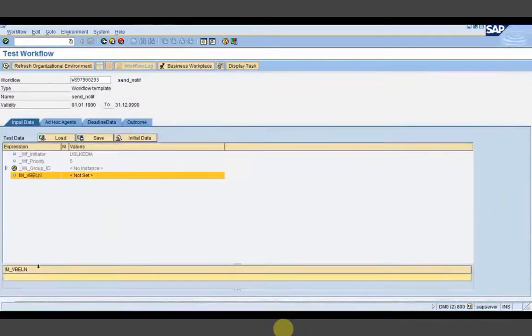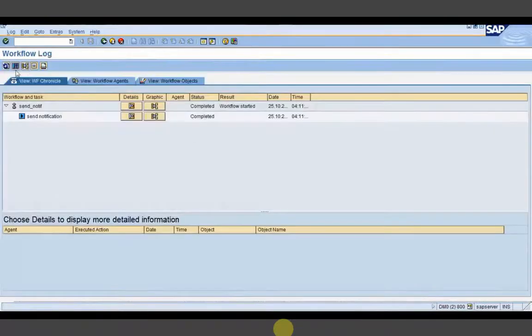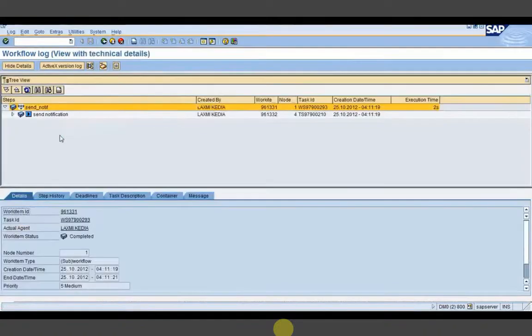Now provide the WebLen number. Now execute it. It has got executed. Now go to the log. I will show you in the log first, because in the workplace it won't appear, but yes, in the log you can see.